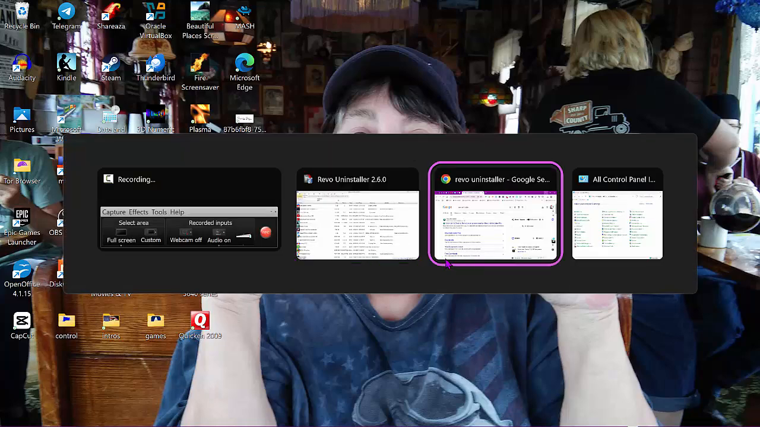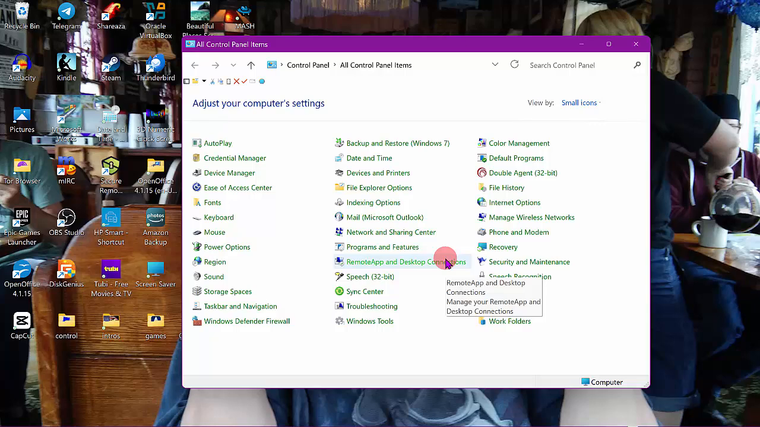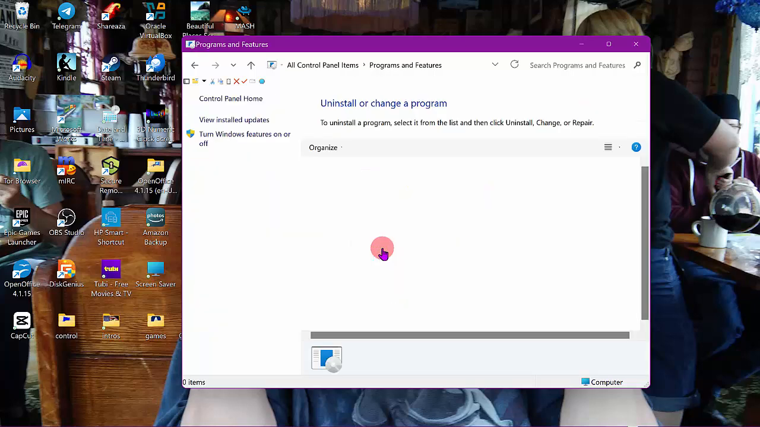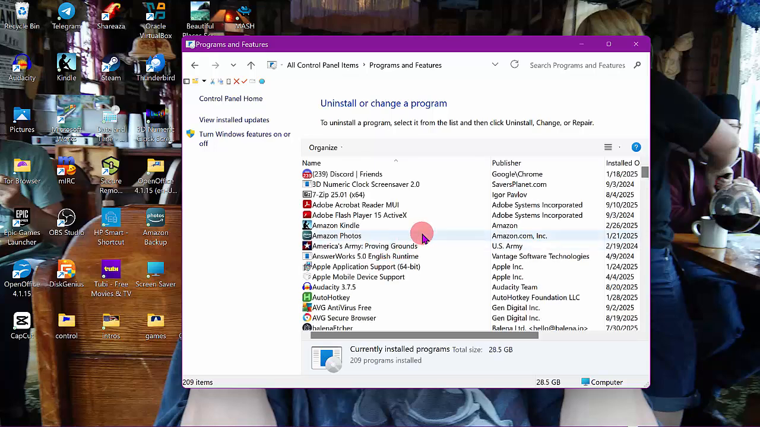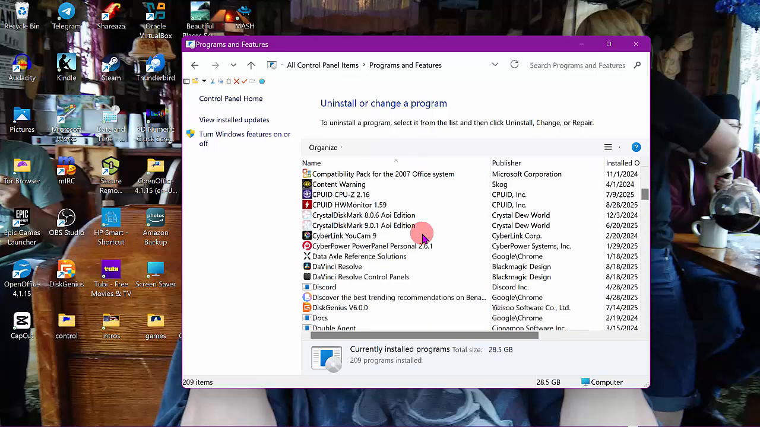Today I'm going to show you how you can uninstall a program and completely remove it from your system. Now, if you have a program that you don't want anymore and you want to uninstall it from the computer, you can do it from your Windows 10 and 11 system. And the way you would do that is you would go to the control panel and go over here to programs and features. Double click on that and it'll bring up a list of the installed programs on your